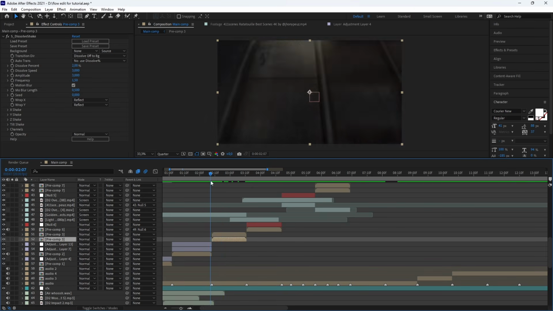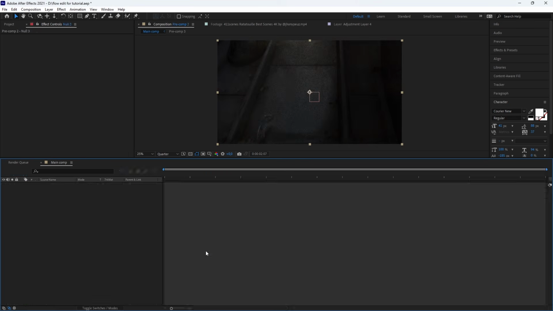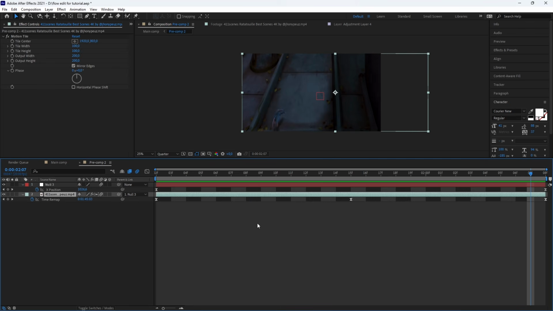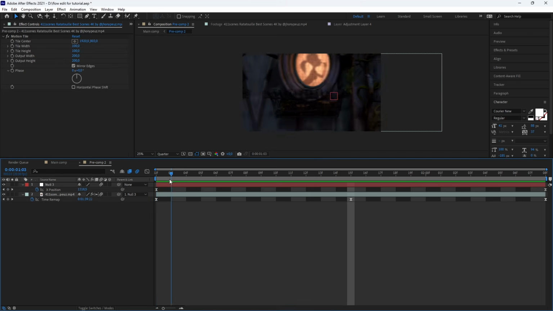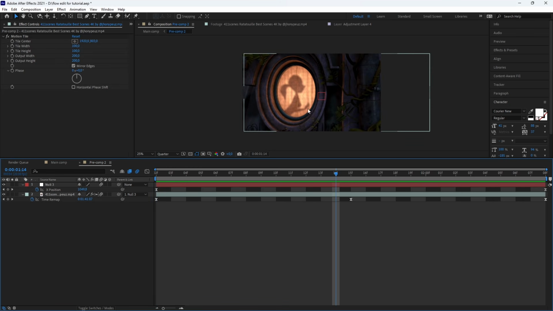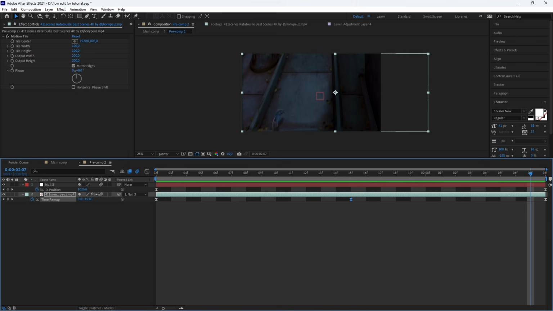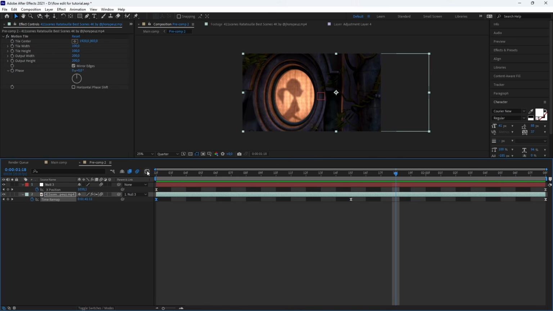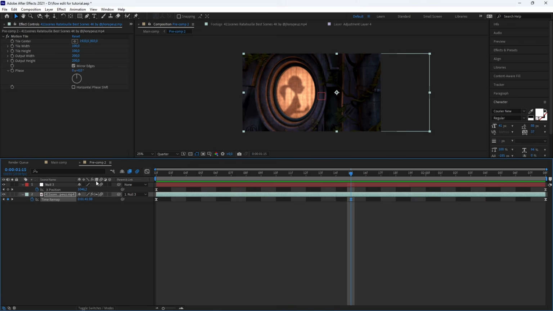Here it was only for the time remap, and of course for this scene too, there was also a time remap. And here, that's a good example, but I wanted it to be slow at this point, so I added another keyframe in the middle to tell After Effects that I wanted it to be slow at this moment in the clip, and then at the end, of course. For example, my graph looks like this. So I'm sure that at this moment it will be slow, and that's why.